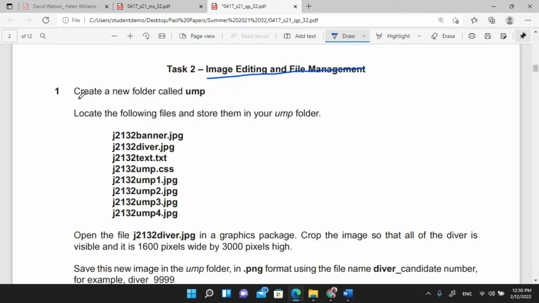This is file management. So you need to create a folder called UMP. Okay, UMP is short for what? For the name of the company that we are working for. Okay,